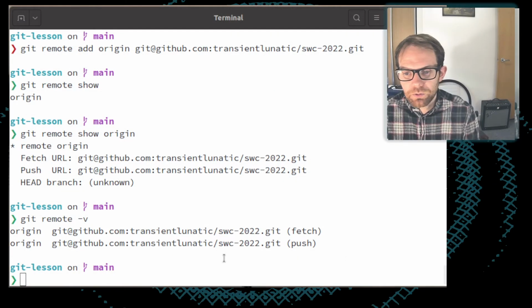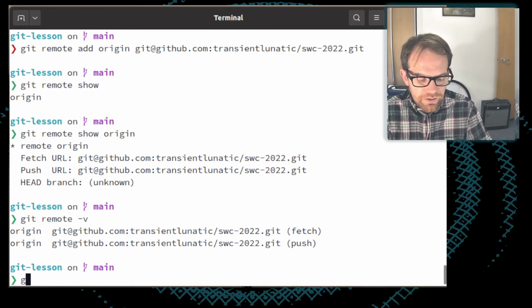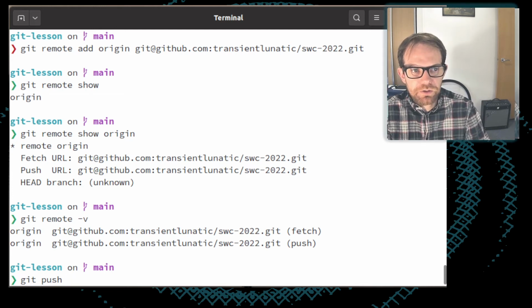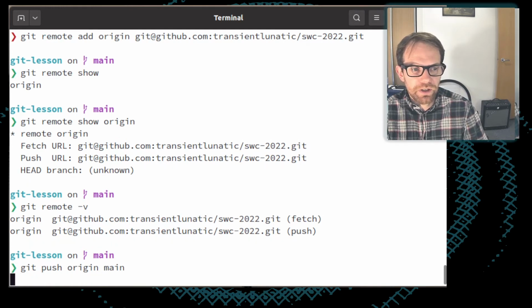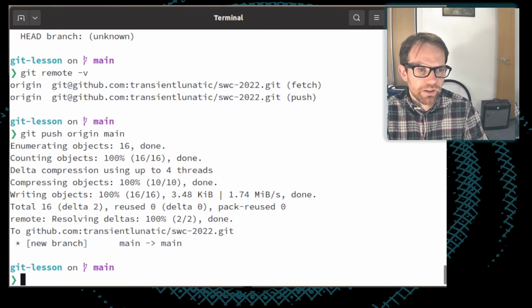Well, let's run a new command, git push. So git push basically tells Git to take all of the commits which it's got and to send them somewhere else, to push them somewhere else. I want to tell it I want to push to origin. So that's what I call the GitHub repository. What do I want to push? Well, I want to push everything which is on main. So everything on this branch called main. Git push origin main. And run that.